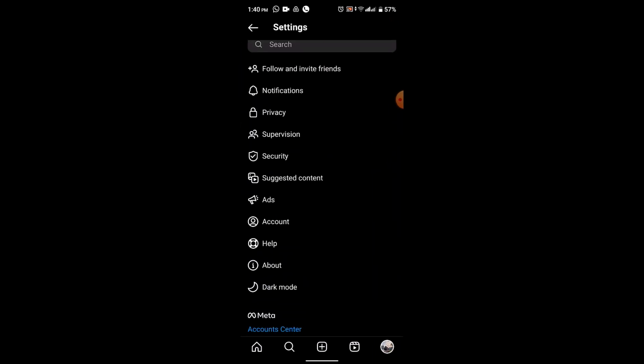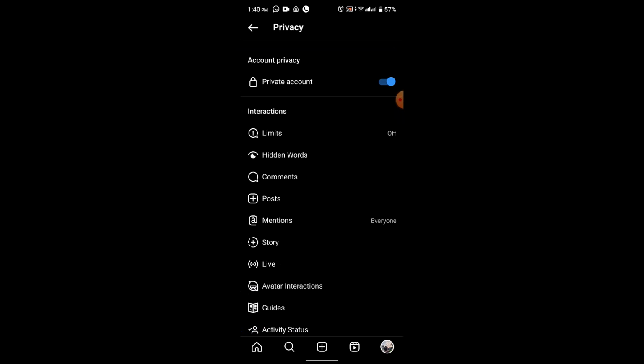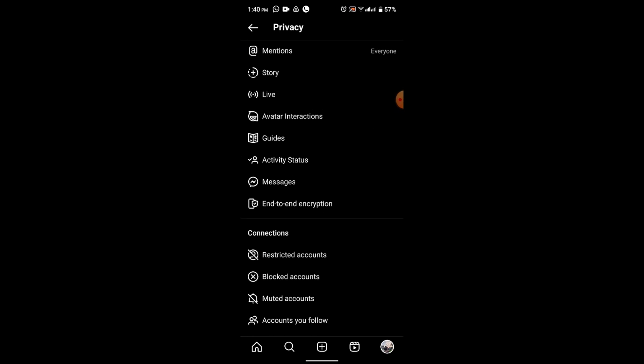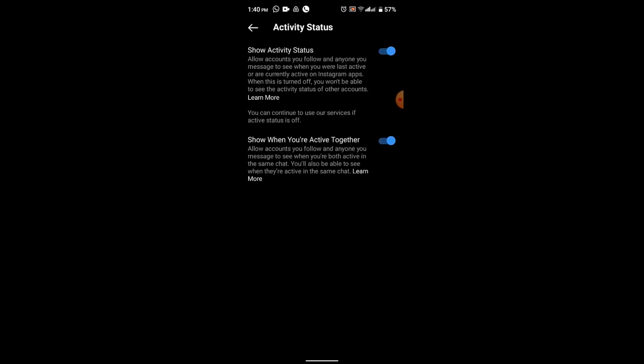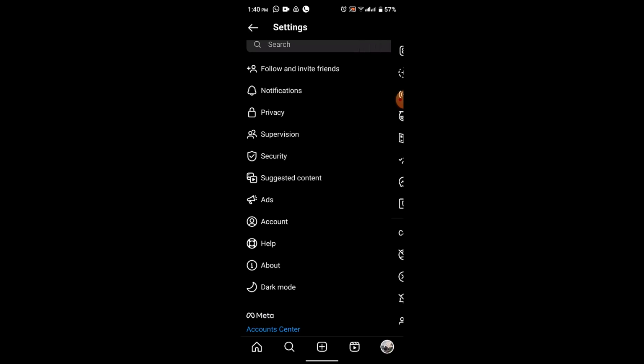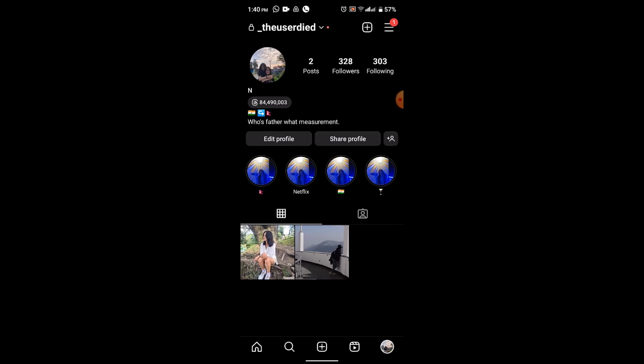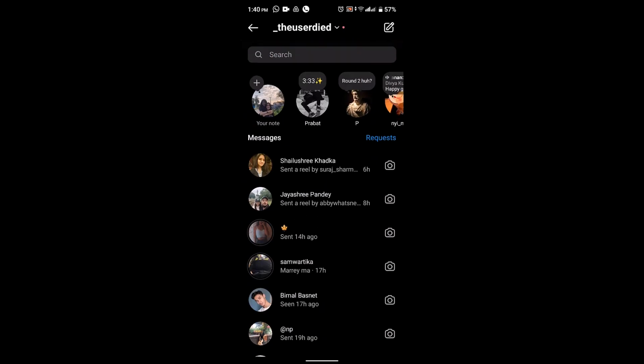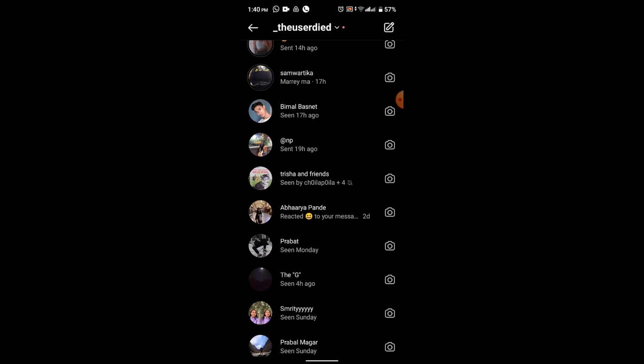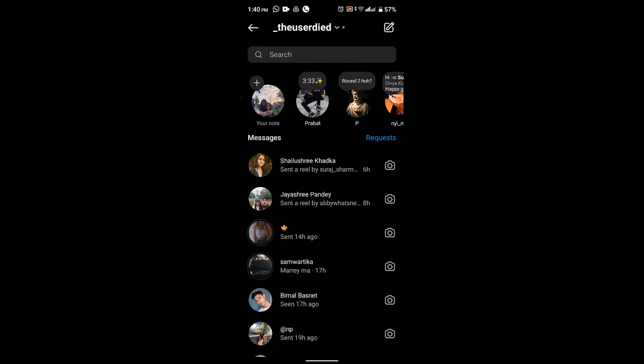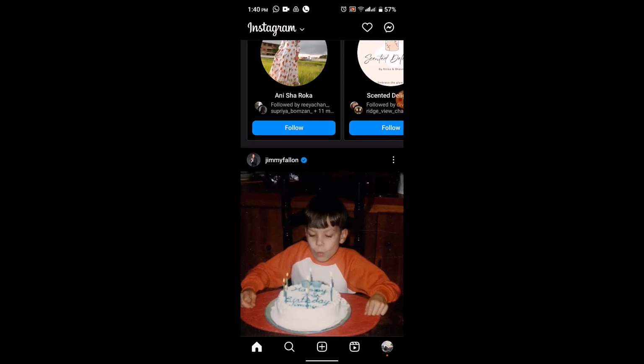So over here, go ahead and tap on privacy. Under privacy, scroll down right to the bottom, and right in between you have active status. So currently, as you can see, my active status is enabled, and if you also go ahead and check your friends, you'll be able to see their active status right over here. If you see a green dot icon next to the profile of your users, it indicates that this particular contact